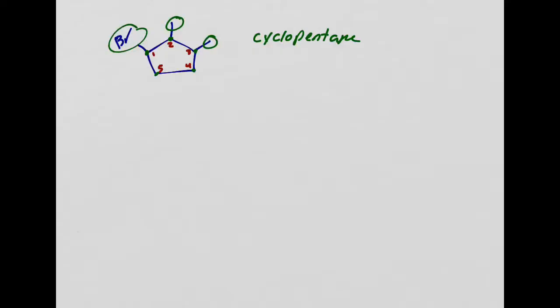This is bromo. This is methyl. And this is methyl. So if I do that, what I'm getting is 1-bromo, 2,3-dimethyl